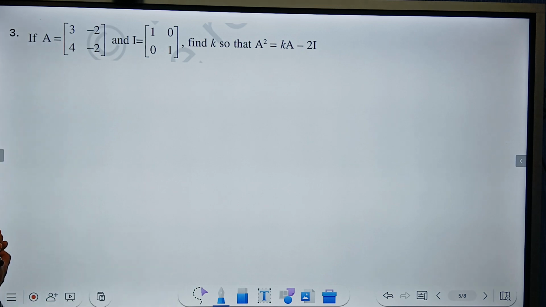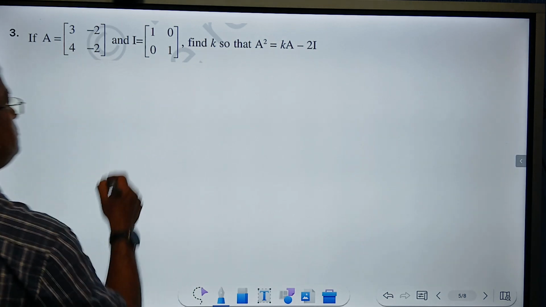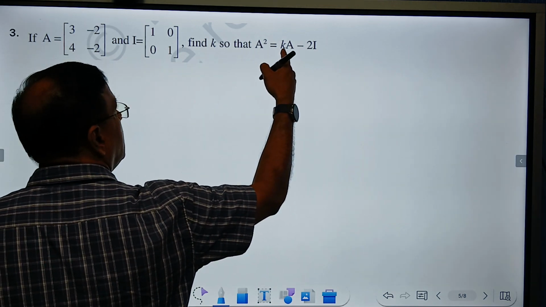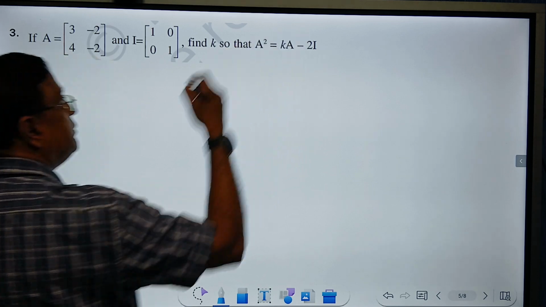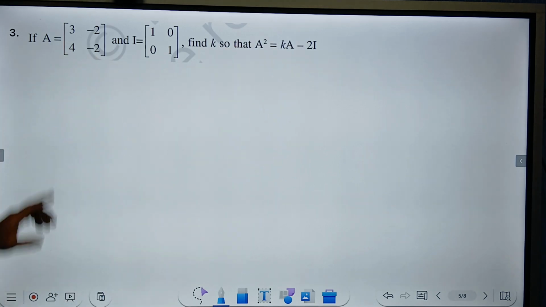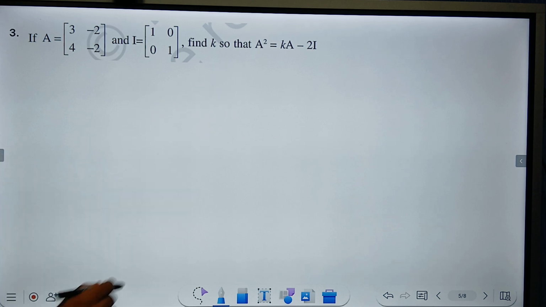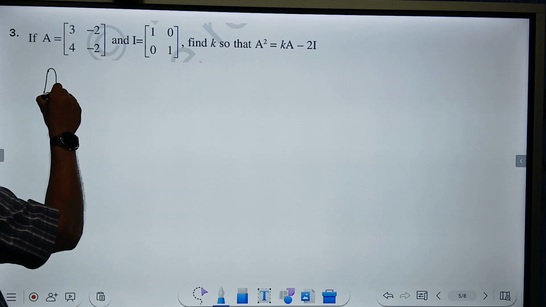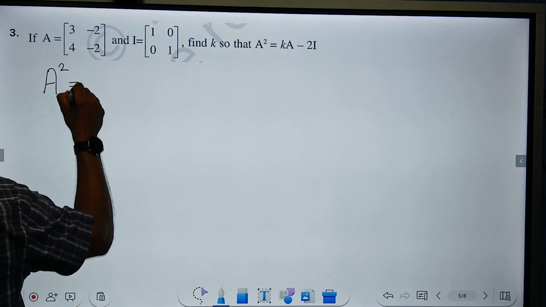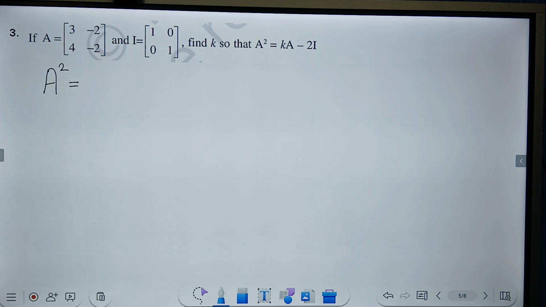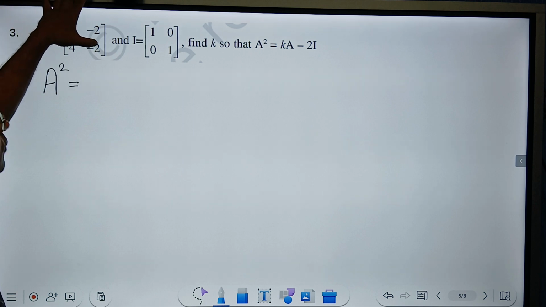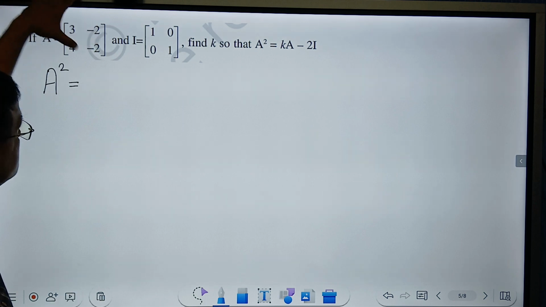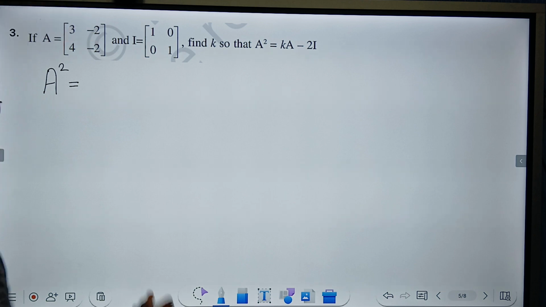Now, what should I do? I want to find K if this equation is given. So A is given, I have to find A square. Many students, when I say A square, they write 9, 4, 16, 4. Wrong. You cannot square the numbers like that. A square means